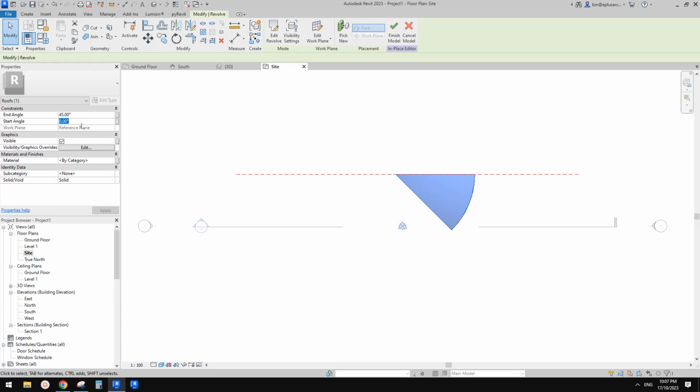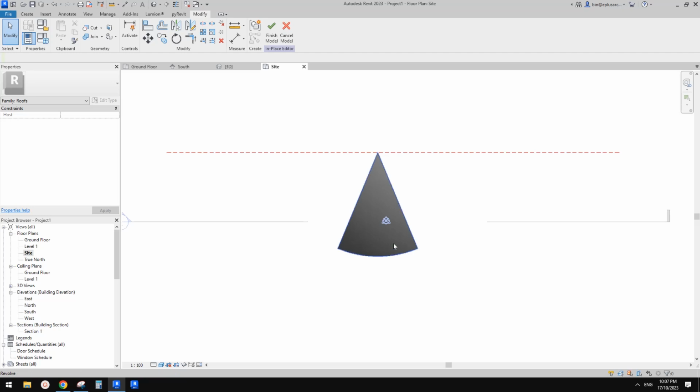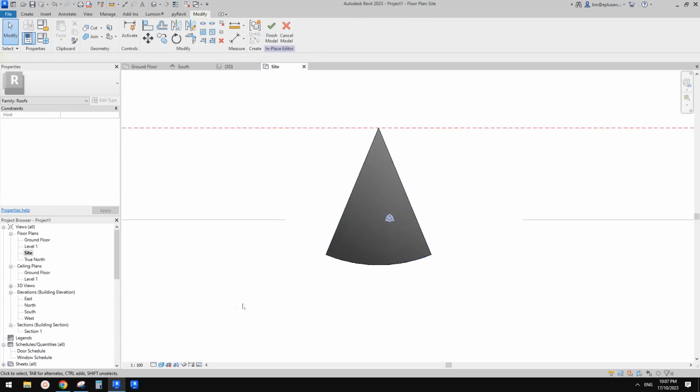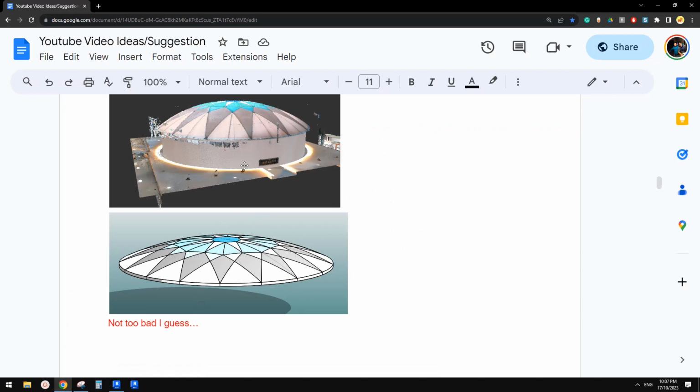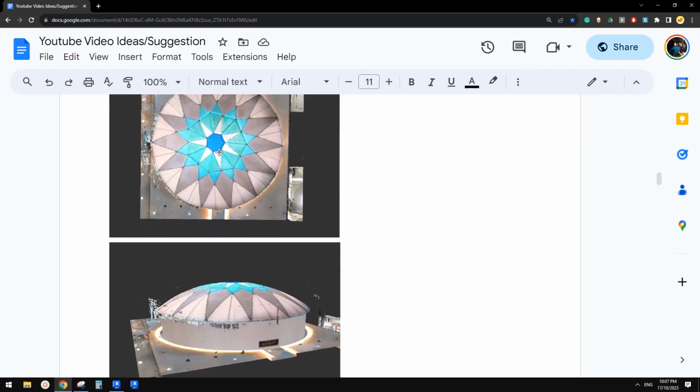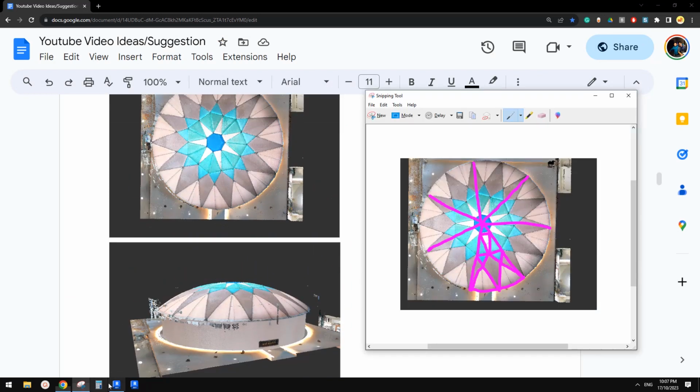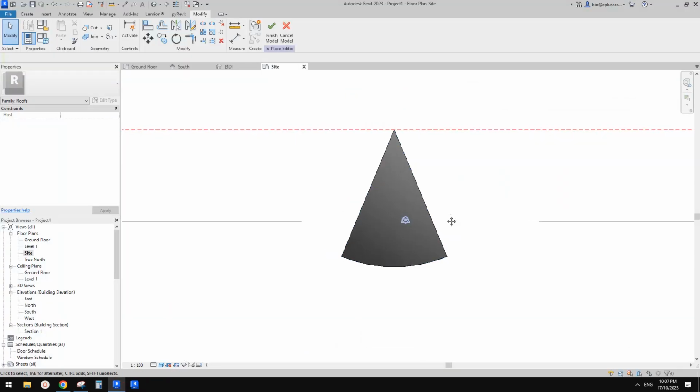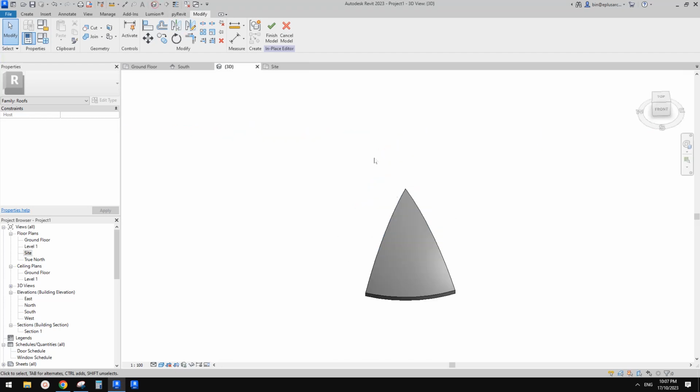So that will be 67.5, and the end angle will be 67.5 plus 45 degrees. Yeah. So now this is it. And then we can start to create this individual part. Okay, and before that, I'm going to show you why